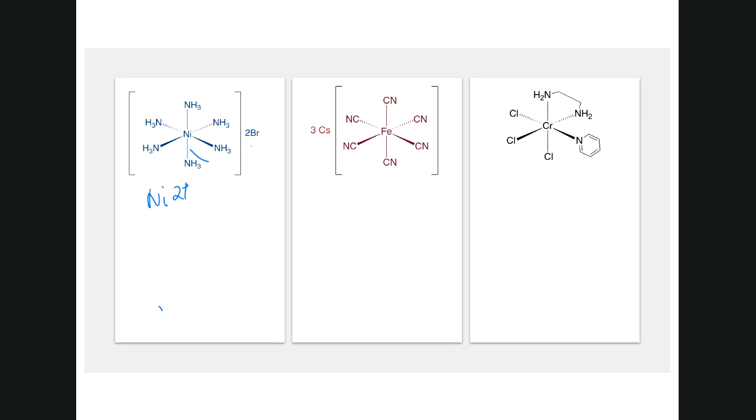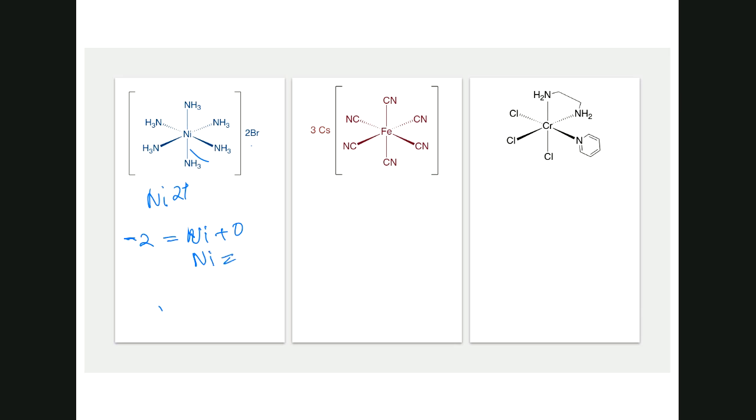So if you want to do the long way around, you can say the charge in the complex, which is +2, is equal to the charge of the metal, which is nickel, which we don't know, plus the charge of the ligands. Ammonia is 0. Therefore, it's going to be 6 times 0, which is 0, is equal to +2. So therefore, nickel must be